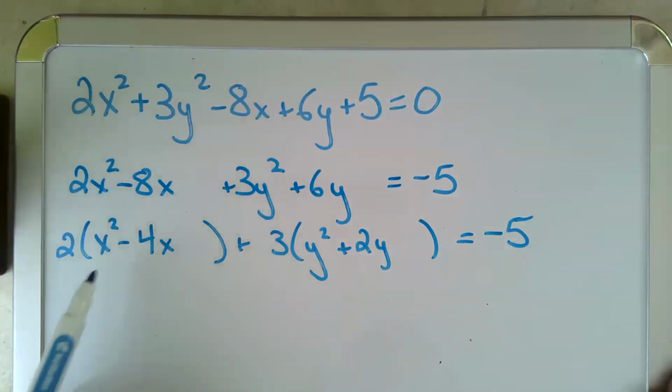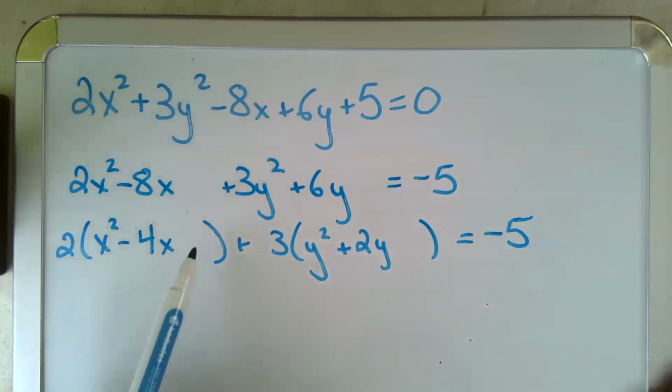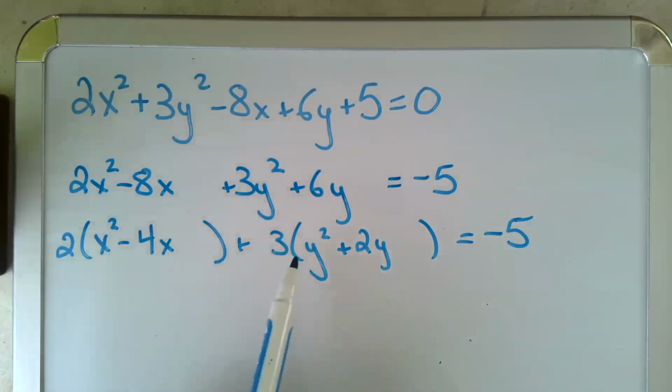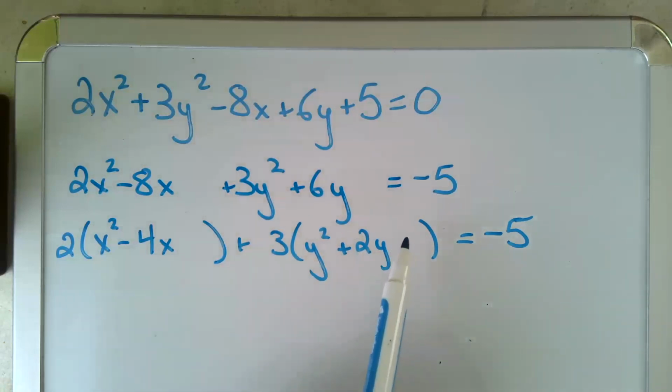I need these to stay like this so that I can complete the square, turn them into a perfect square, which is going to make my equation of an ellipse into standard form. So I factored my biggest number, a 2 came out of both terms, a 3 came out of both terms, my -5's still over there, and you'll see that the way I'm writing this, I'm leaving a little space here